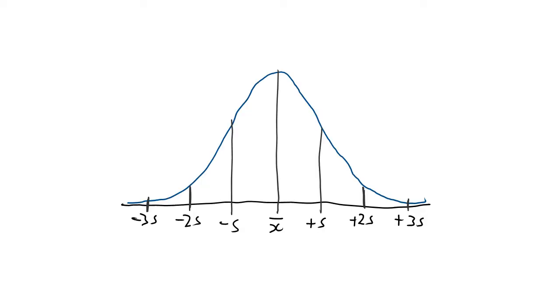The normal distribution. So this curve is called the normal distribution, and it's called normal because it's what you normally expect to happen. It's sometimes called the bell curve or the Gaussian distribution because a mathematician called Carl Friedrich Gauss discovered it. And you can see it's symmetrical around the mean. The mean is x bar, and all these s's are the standard